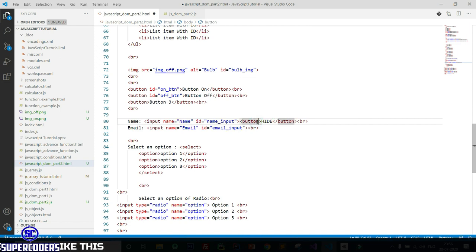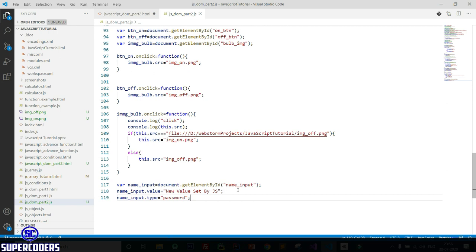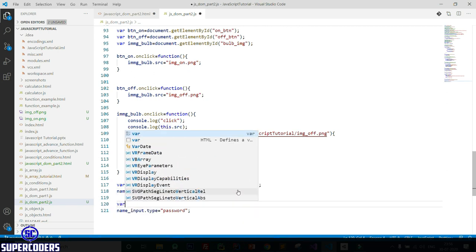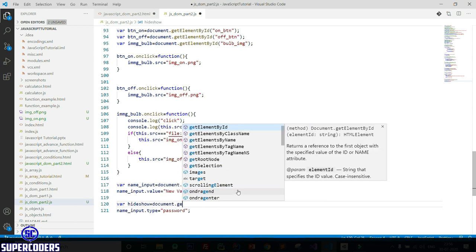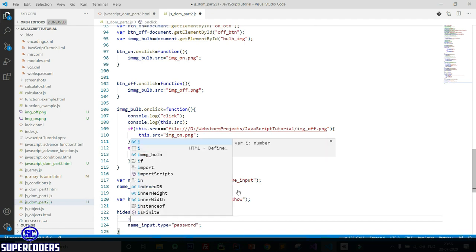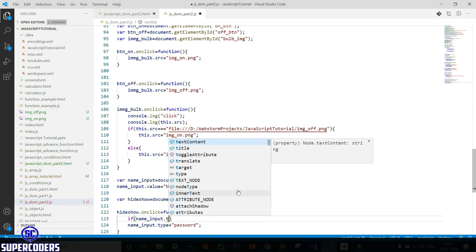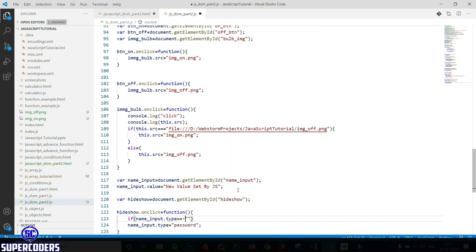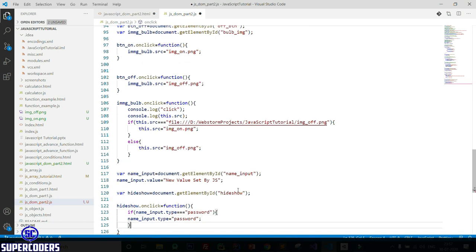So here adding id hide show. So let's copy this and here it equals document get element by id, passing id hide show dot on click equal to function, then here if name input dot type equal to password, else.